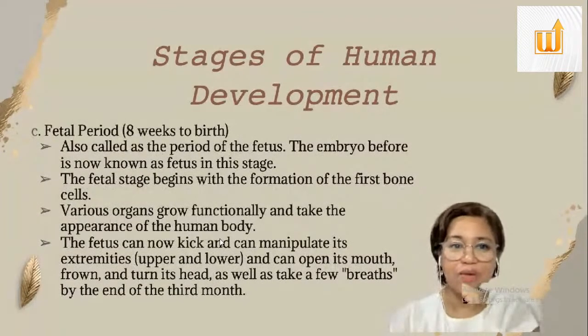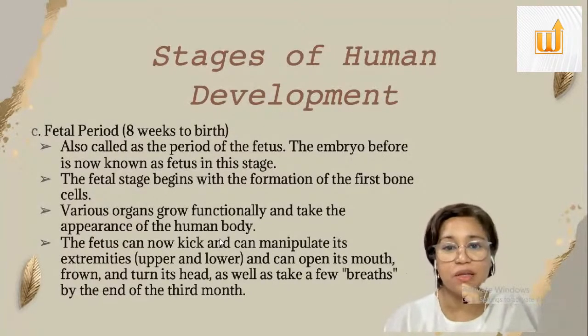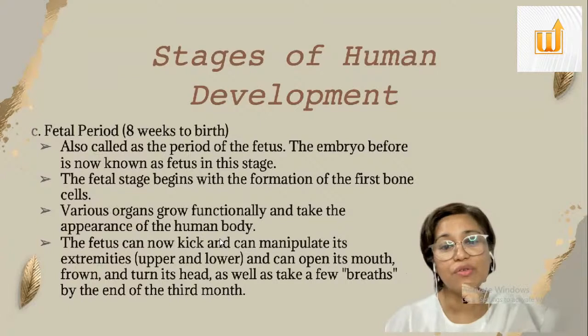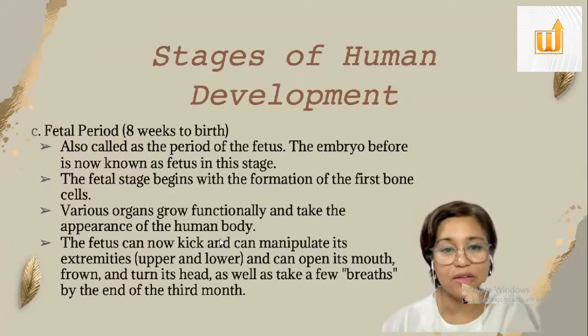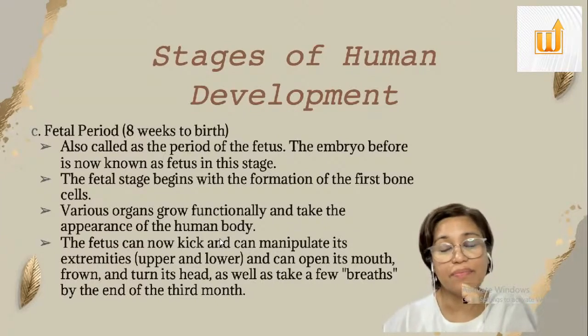Okay. And then we have the fetal period, 8 weeks to birth. It's also called the period of the fetus. The embryo before, from zygote to embryo to fetus. So the fetal stage begins with the formation of the first bone cells. Various organs will grow and gain functionality and take appearance now in the human body. The fetus will have